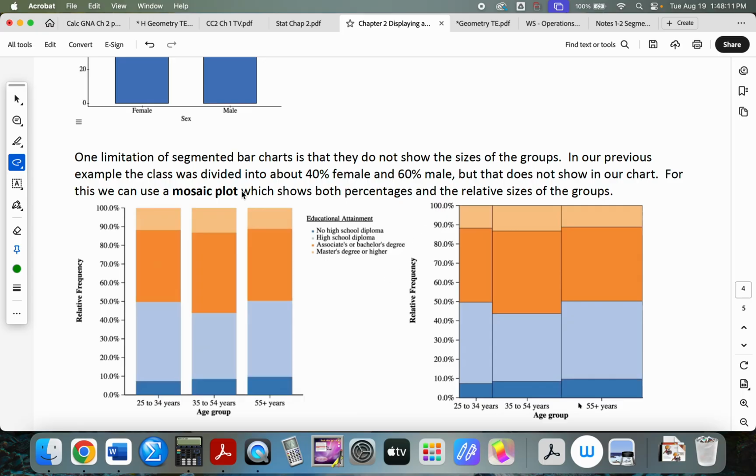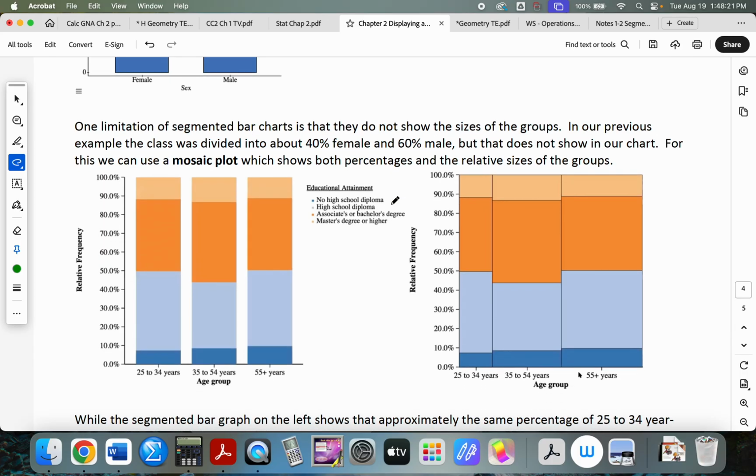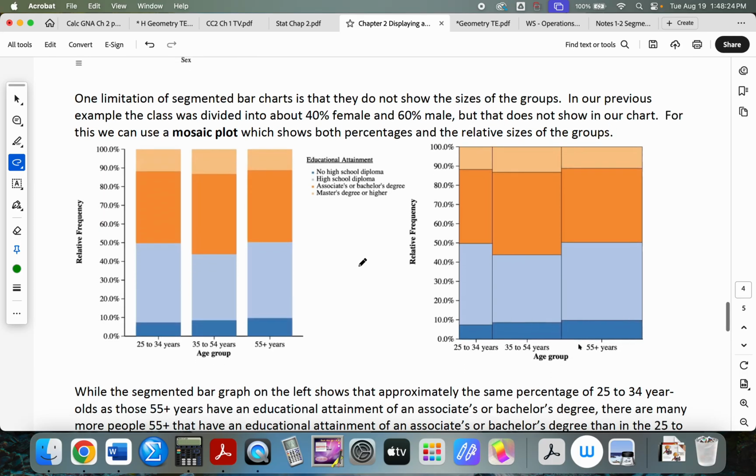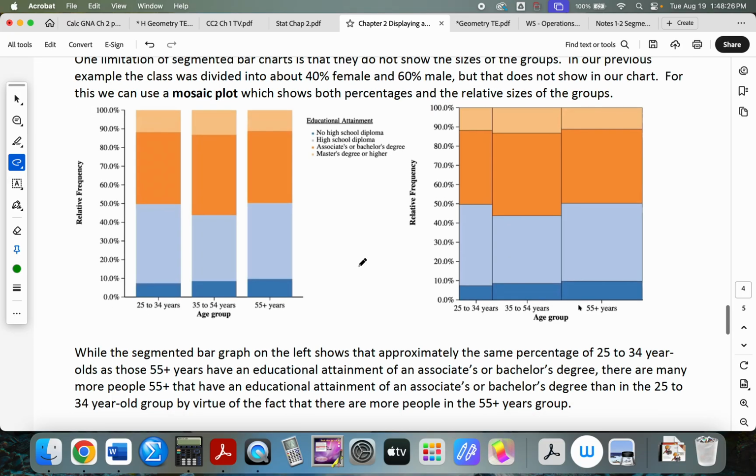So in our previous example, it was about 40% female and 60% male. That doesn't show up. So here's a mosaic plot for something. So on the left, we have a segmented bar graph that shows that approximately the same percentage of 25 to 34-year-olds as those 55 plus have an educational attainment of an associate's or bachelor's degree. So the associate's or bachelor's degree